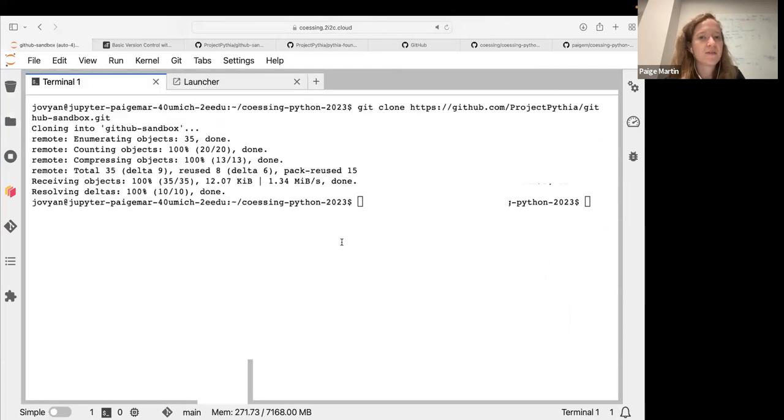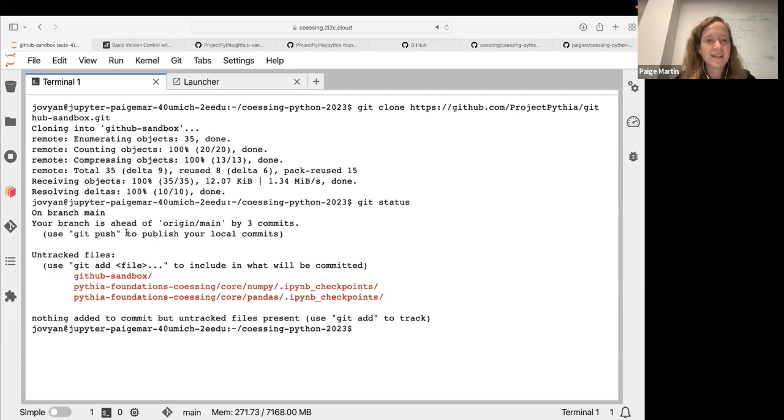Let's continue here with a few Git commands. We just typed git clone, and then we copied and pasted this link that we got from before for the Pythia sandbox. Now you can see this black blinking cursor. That's where I will be typing. There are many commands, and I'm not going to go over all of them today, but there are some commands that you can do, and they all start with git. So I can type git space status,